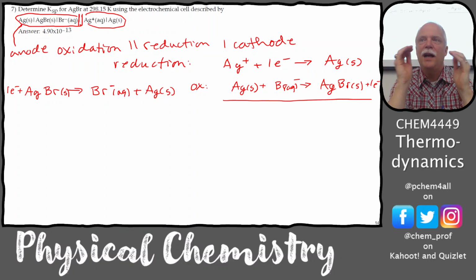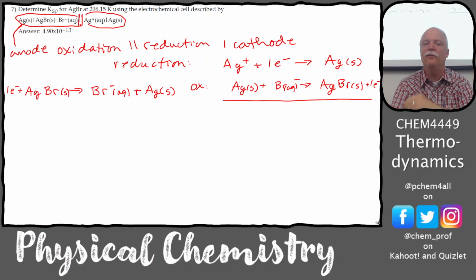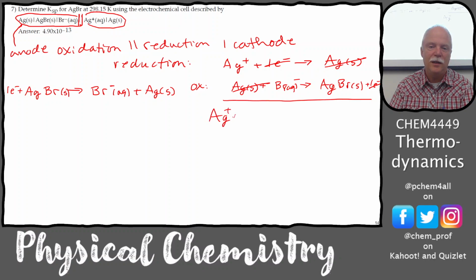We need a reduction and we need an oxidation. So we have to have the electrons on opposite sides of each other. And so that's why I had to flip that reaction. Then we go ahead and cancel everything down. And this is the cool thing. The electrons cancel, that's fine. But look, the silver solids cancel. And that's pretty cool because then we're left with Ag plus aqueous